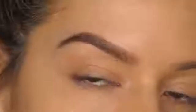The only thing that I've found with this pen that I'm not too keen on is the fact that I tend to brush over my actual eye with it because it's quite bulky compared to my thin eyebrow pencil that I'm used to. So once you've filled in the very tail of your eyebrow, this is the basis of our